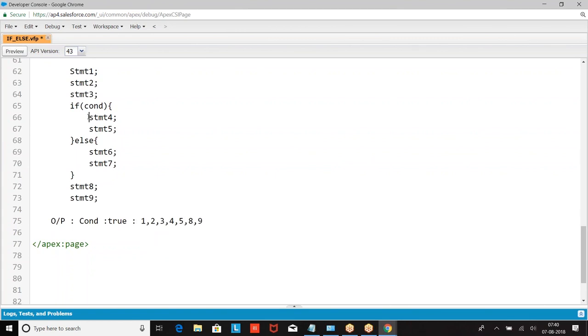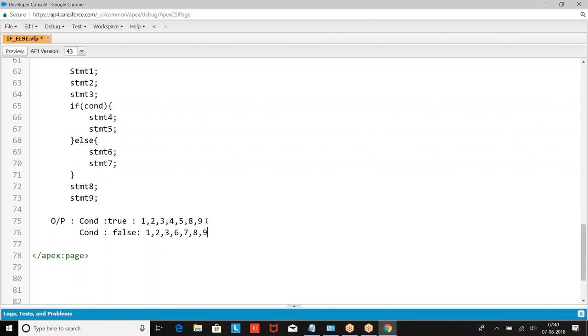If the condition is true, the scope of if will run. If the condition is false, the scope of else will run. Either the if scope will run or the else scope will run. So the output is 1, 2, 3, 6, 7, 8. I hope you are good with this.